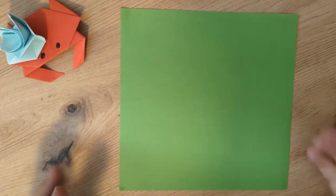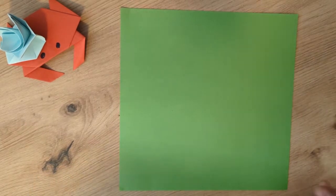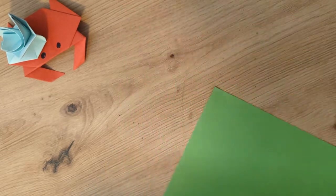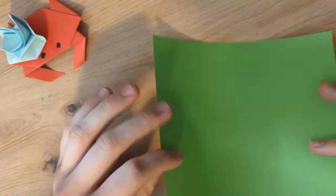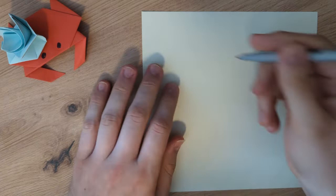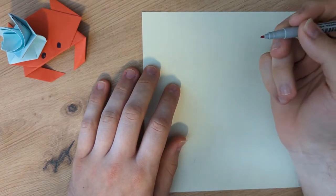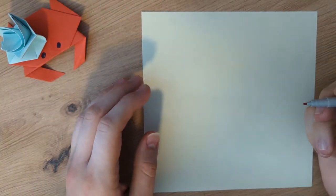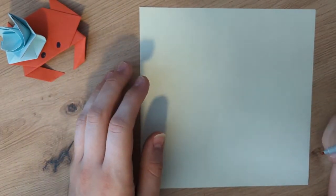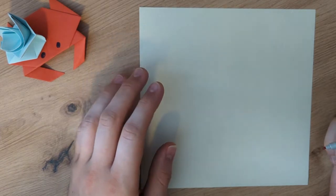Alright, so first thing you need is a square piece of paper. I just have this one lying around. And this happens to be origami paper. It has two different sides to it. And something that I advise people do sometimes is just take any kind of pen and do some fancy markings on one side or the other, both maybe, whatever you want, just kind of random. It ends up being a cool pattern. And what I wanted to write on this one is